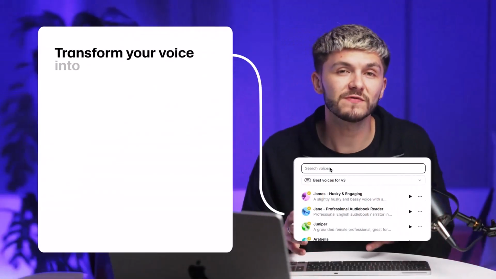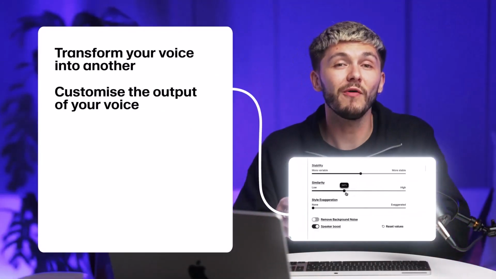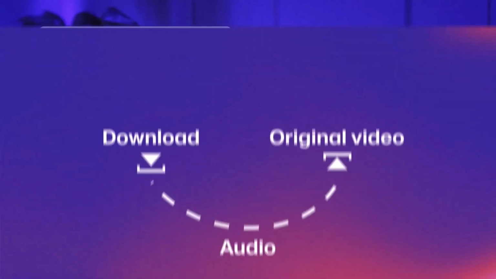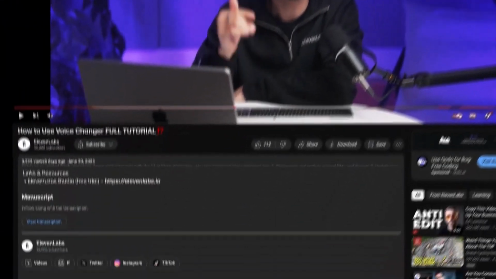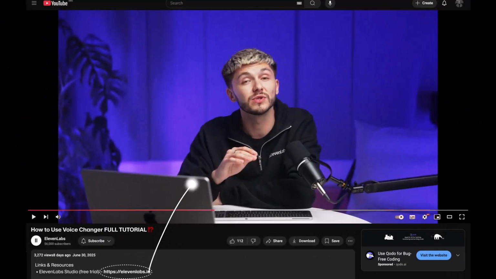You're going to learn how to transform your voice into another, customize the output of your voice, create custom voices, download and sync it back up to the original audio of your video, and lip sync it to your AI characters. To get started, you can click the first link in the description down below, which will take you straight